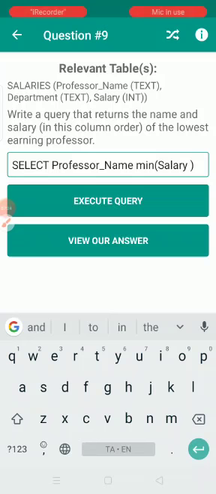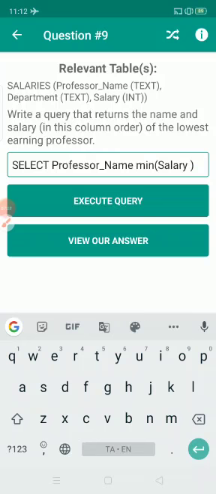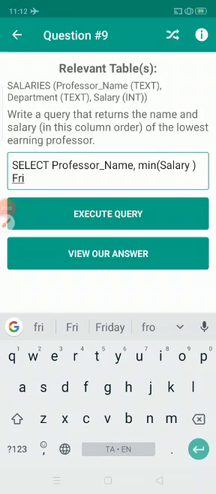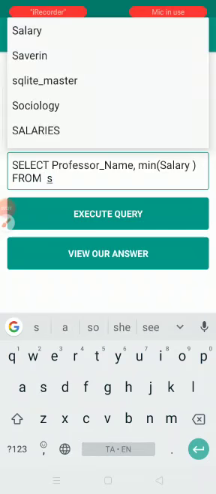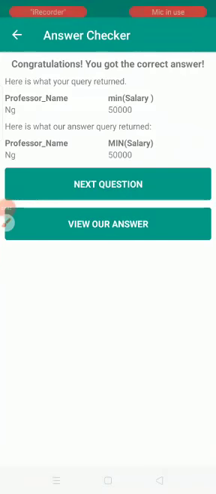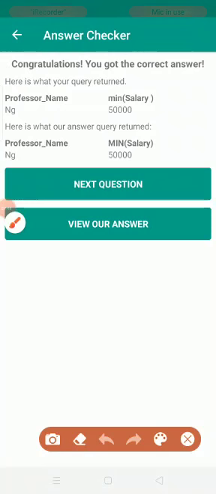It will display the professor name, then a comma, the minimum salary, from the table salaries. When we execute it, it gives the correct answer. The query we executed now gives the same answer as before, so the answer is correct here.